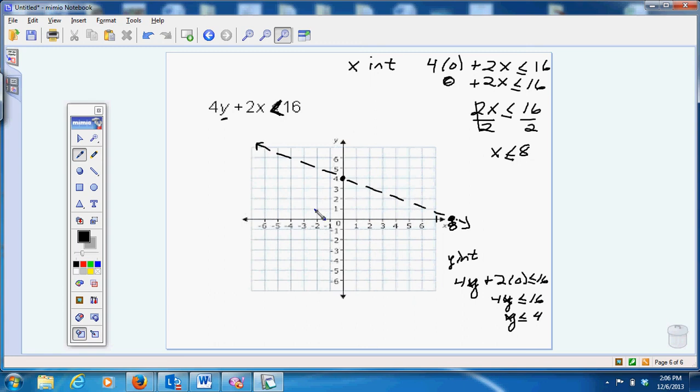And so now, since the equation is not in the form of y is less than or y is greater than, I can't just shade above or below. I have to find out, well, which side do I shade? And so I need a test point. And the easiest test point in the world is the origin, 0, 0. Because it's simply, you plug in 0 for y, and you plug in 0 for x,